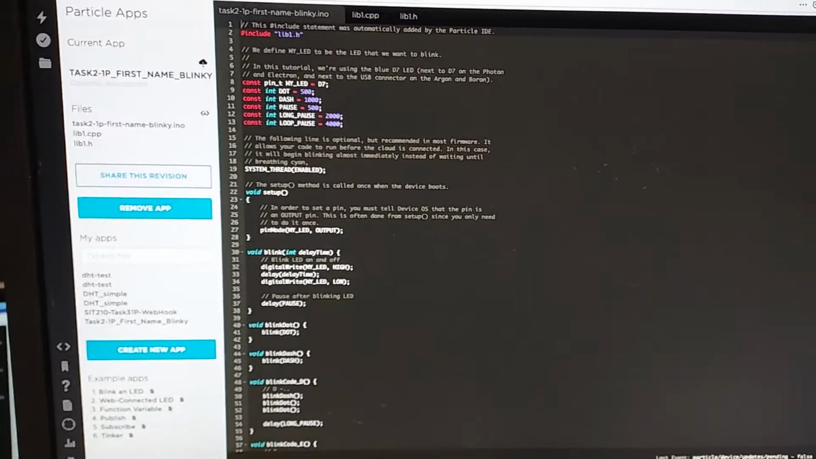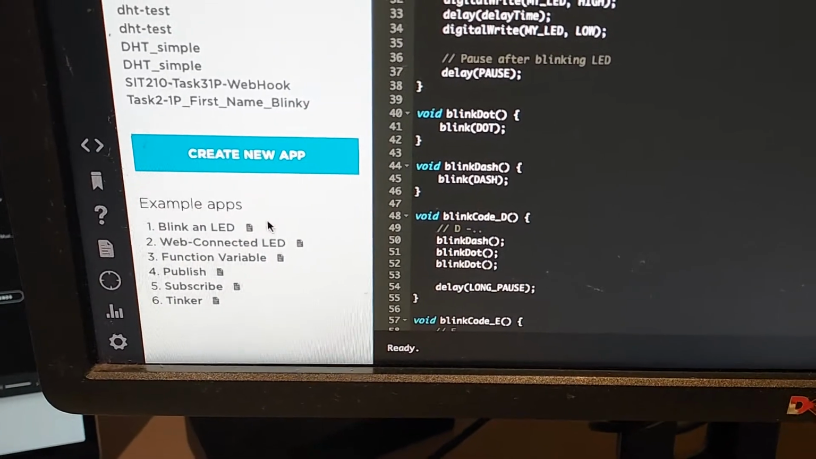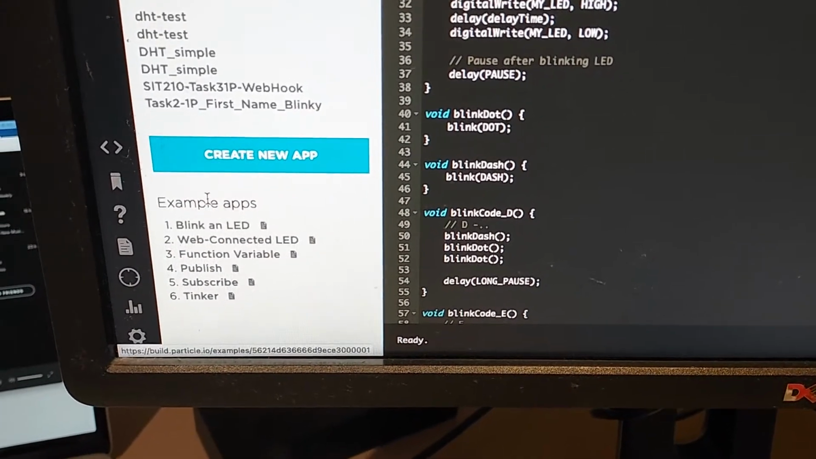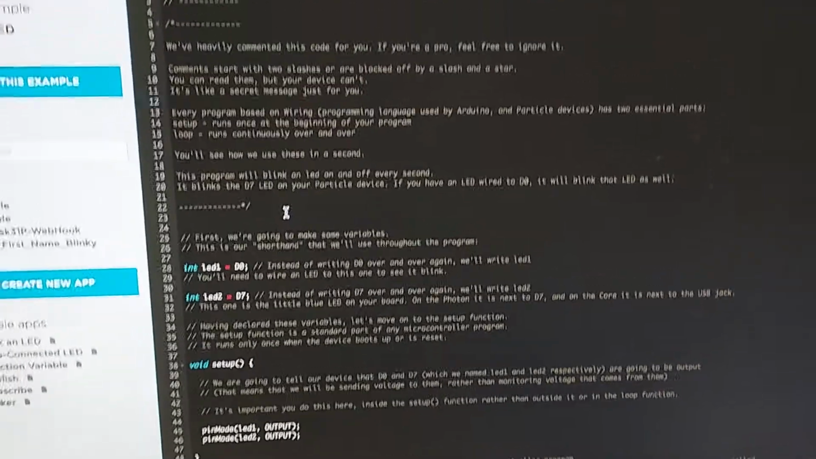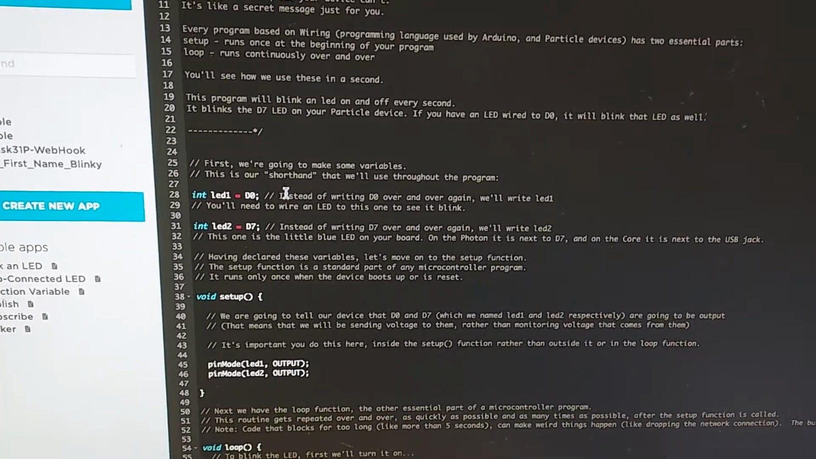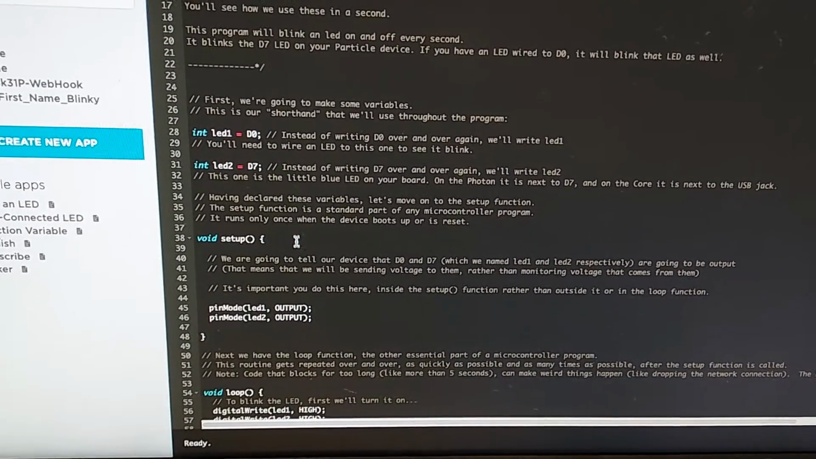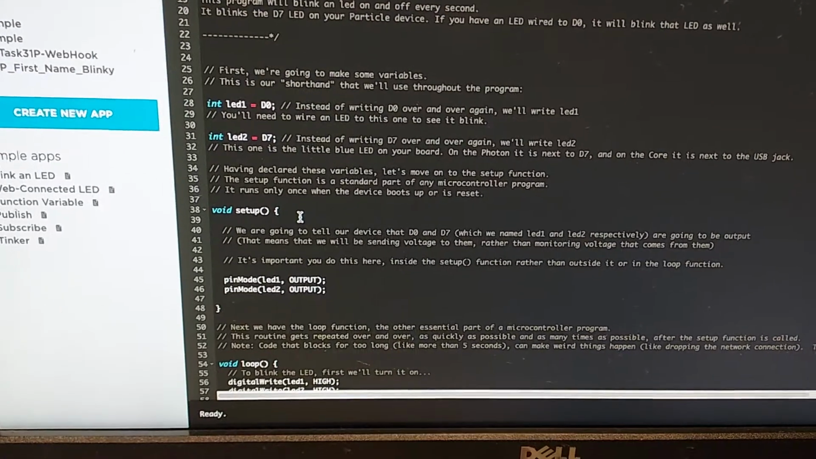So if I go to the IDE, on the bottom left-hand corner there are some example apps. In this case I'll click on Blink an LED. Now it provides a lot of documentation here, and it's quite a simple example, but it's enough to show you all the steps required. And from here you can modify this existing code